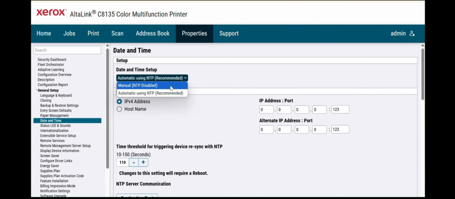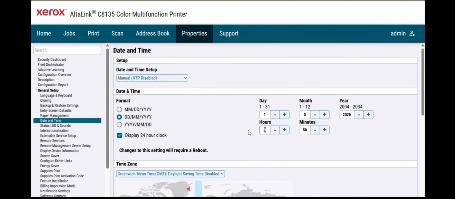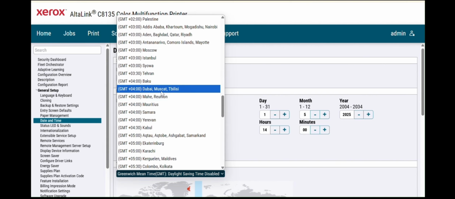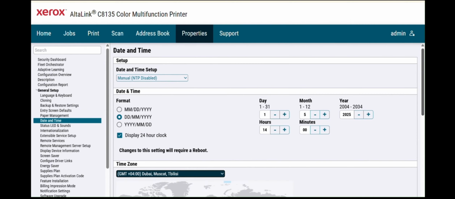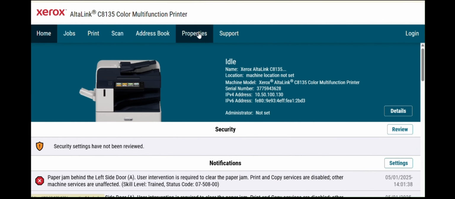So if you're going to date and time, I change it to manual, and I will change it to my exact date and time. You can select your region which is assigned to your server and apply. So the device will restart, and now I paused it and I restarted. Now I go to